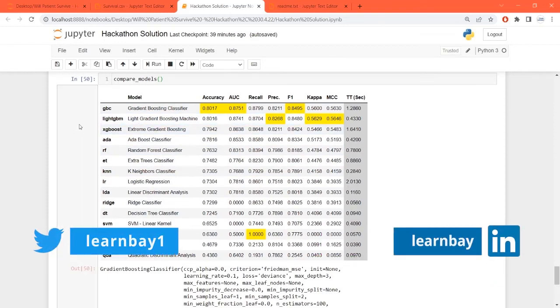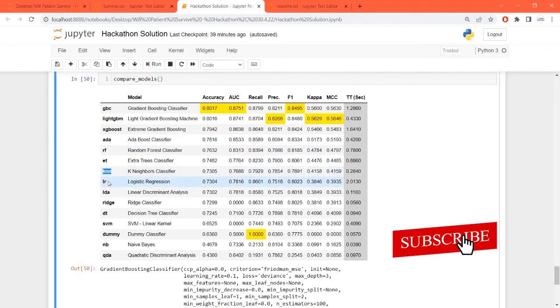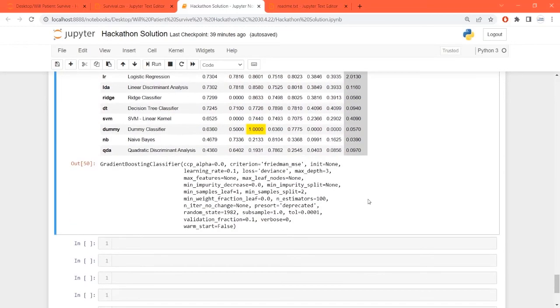Now you might have tried all the classification models, KNN, logistic regression, extra trees classifier, random forest, AdaBoost, and we are able to receive the answer. These are the time taken in seconds for all of them. Comparing all the models, we have found the gradient boosting classifier giving the best one.